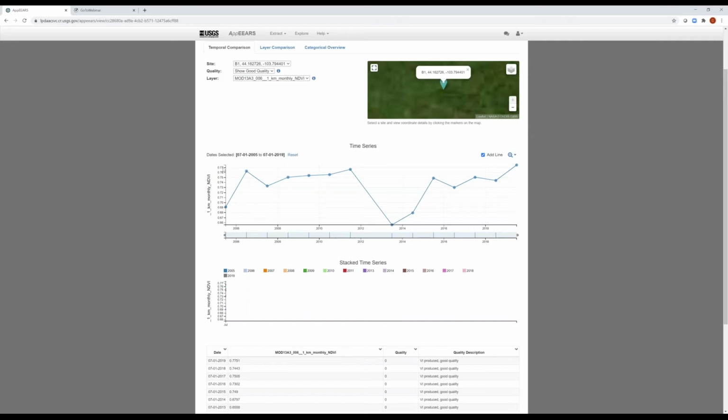So on the y-axis are the NDVI values, and if you remember, those values range from -1 to +1, and so the closer it gets to 1, the more vegetation there is. And so, as you can see, these values range from about 0.66 to about 0.77. And then, of course, on the x-axis is the time. So the years 2005 to